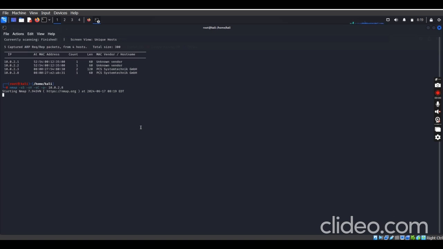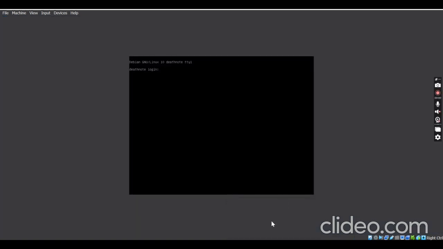Remember that our goal is to get the username and password so that we can log into this server itself. When the task was given to me, I didn't know the username, neither did I know the password.